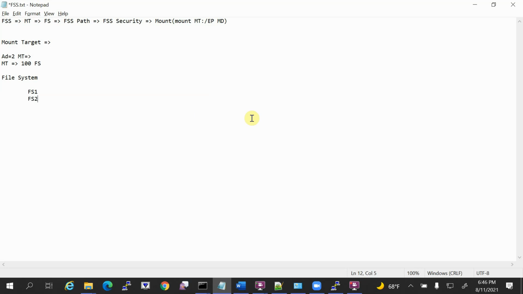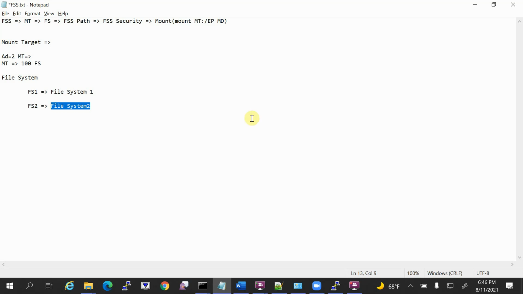Then each file system you can refer to using some name. So FS1, I am referring to using one name called file system 1. FS2, I am referring to using one name called file system 2. This is any name.